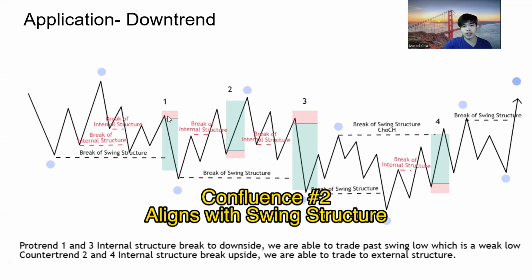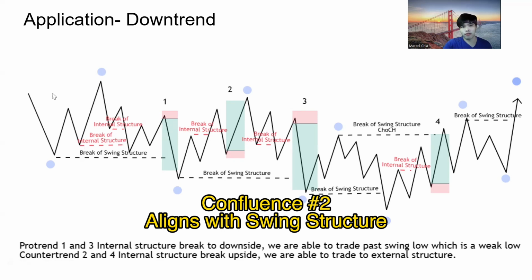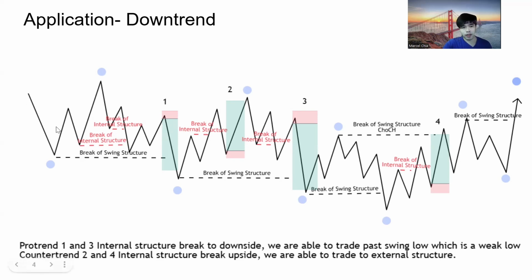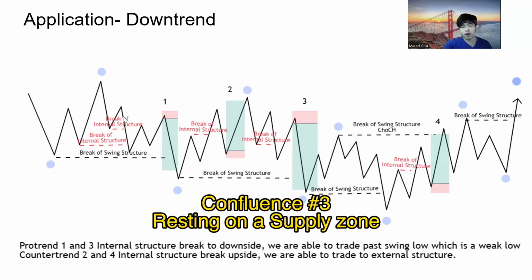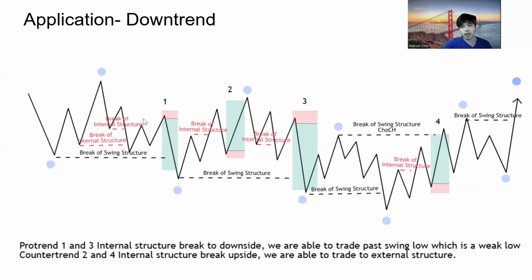Number two, this order flow aligns with the swing structure, where this is a certified swing high. The expectational order flow is that price will break this swing low, and this high will hold. And the last confluence is that it is at a supply zone or a premium zone, where price is good for sales. So next, of course, when price has already broken this swing structure, a retracement is technically due,